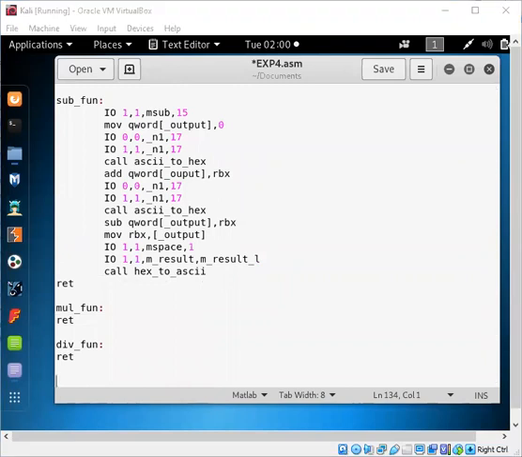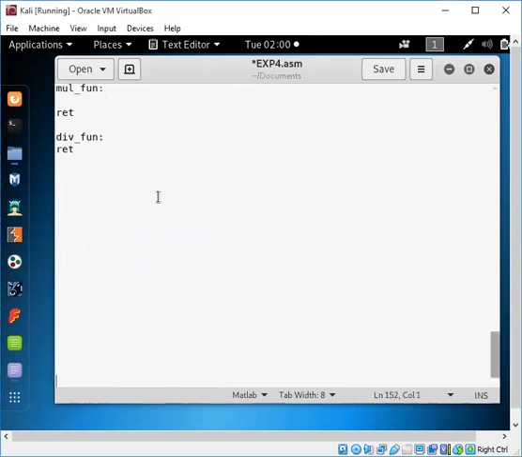Where some stack will be required, because after performing the operation we might get some additional space or additional result which you are going to save, right? So either you can execute this to check the output, or we can perform the further part also as we have done with the conversion, right?